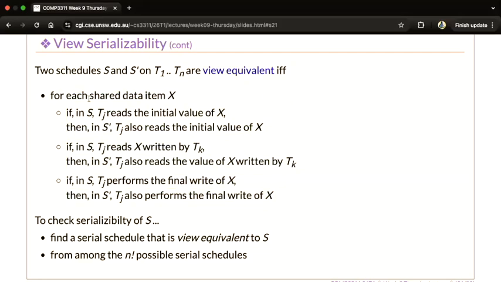So we need to make sure that on both schedules, the same transactions are reading the same initial value of that data item. So when this data item is read by somebody for the first time, it needs to be read by the same somebody on both schedules. So let's just say that I'm transaction 1. I read the value of X first in S. Then, in order for these 2 schedules to be view equivalent, I must also read the initial value of X